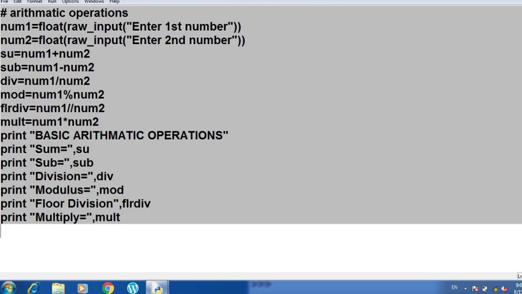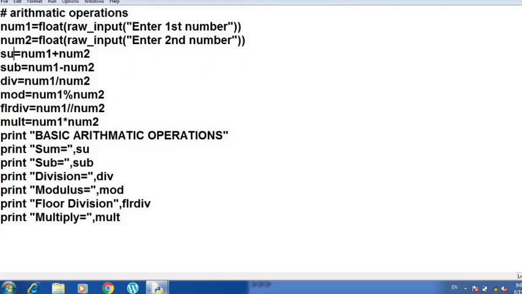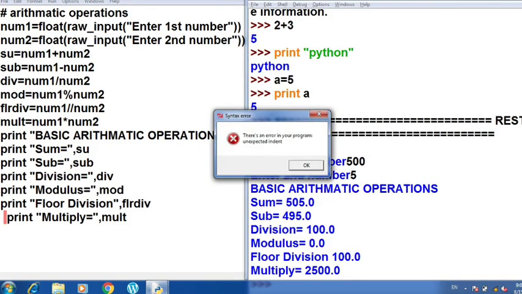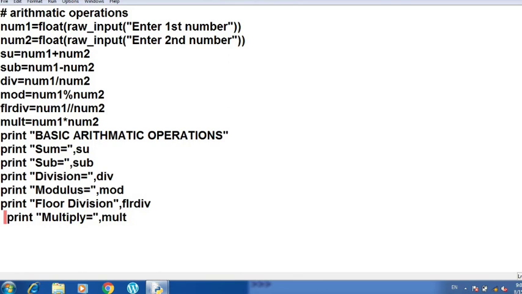Now for a simple program in Python, you can see that you have to write it from the left side. No space should be given. If you are going to give the space, the program is going to give you the error. Alright. So indent error you are going to get. So this is how simple program can be written.